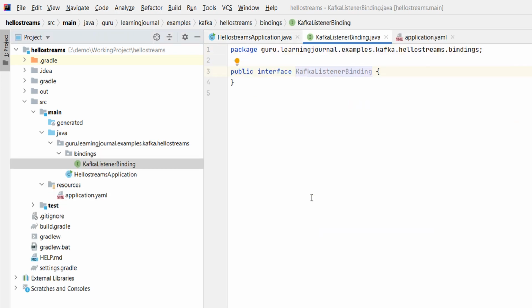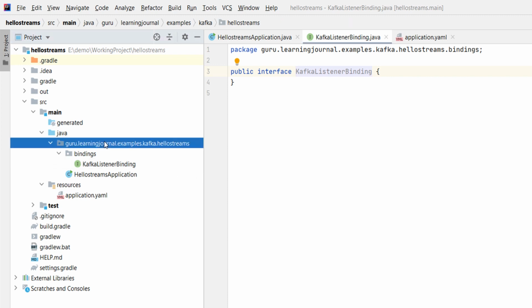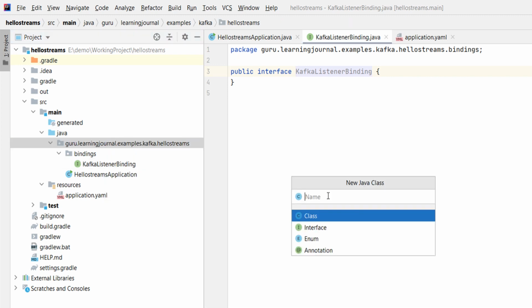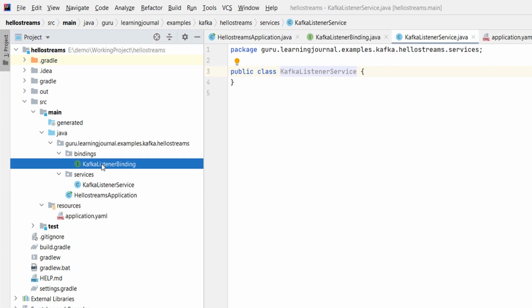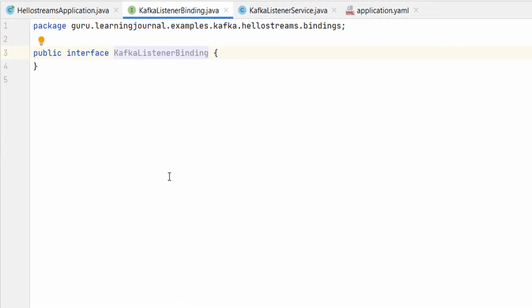The second one is a service class to listen to the input topic. Let me name it KafkaListenerService and I keep it in the service package. Now let's finish coding for the KafkaListenerBinding interface. The primary purpose of this interface is to define input and output bindings. We want to listen to an input topic.